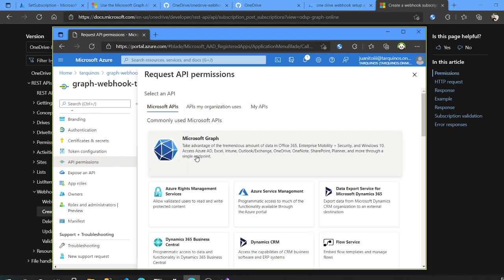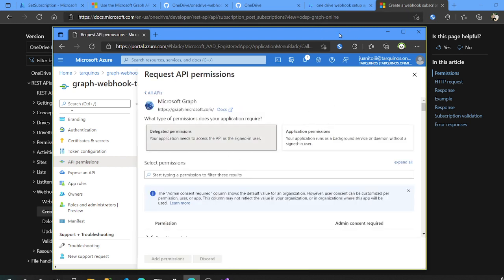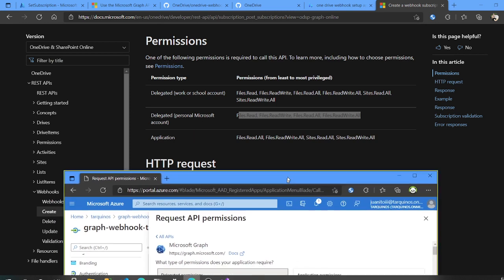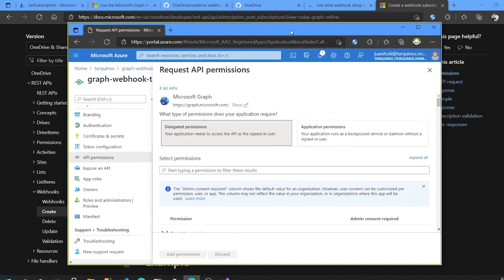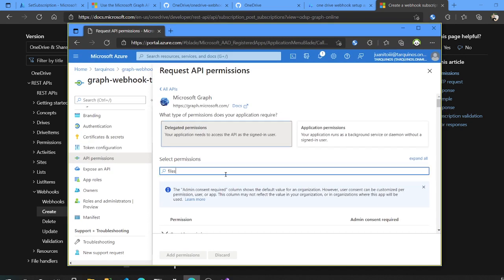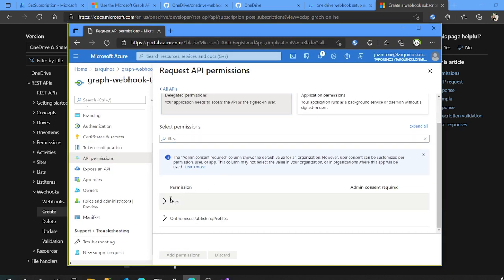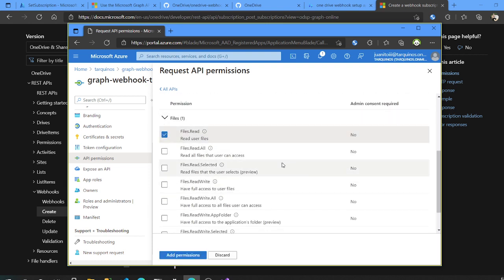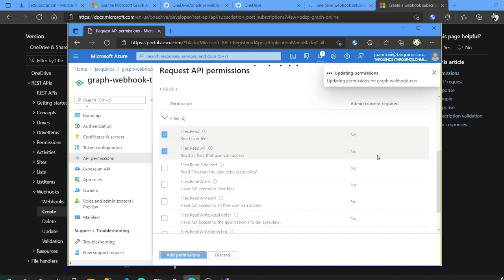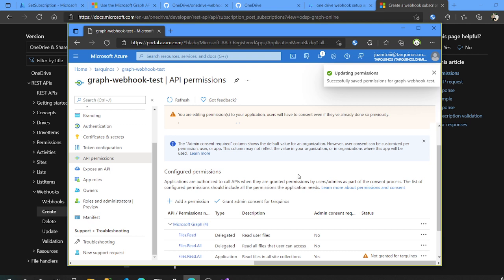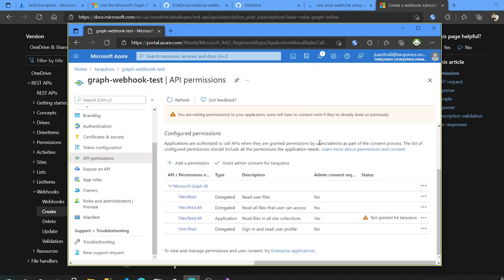Let me add a delegated permission, just like they say here, but for files read. Read all the users that the user can access. Add permissions. Okay, so somehow we have to make my personal Hotmail account consent to those permissions, and that's the problem because